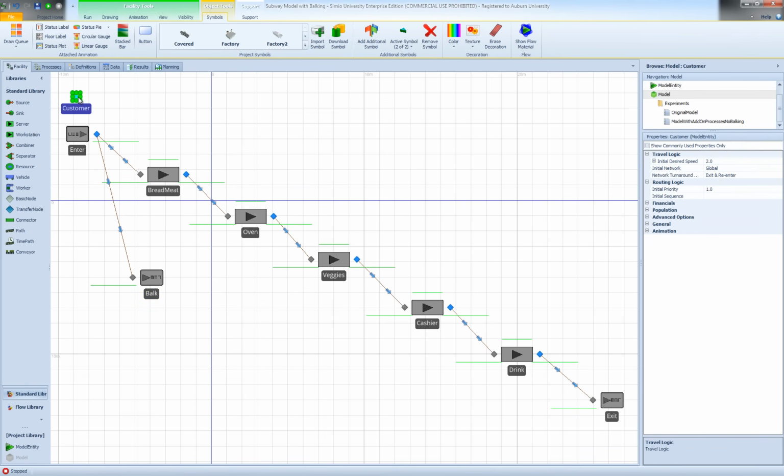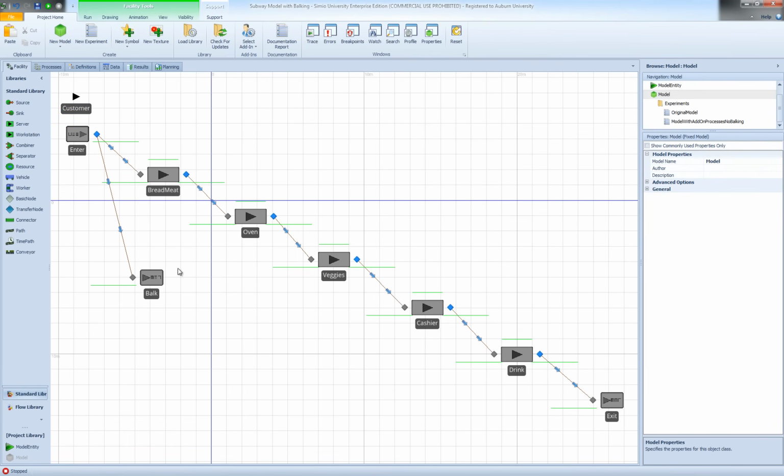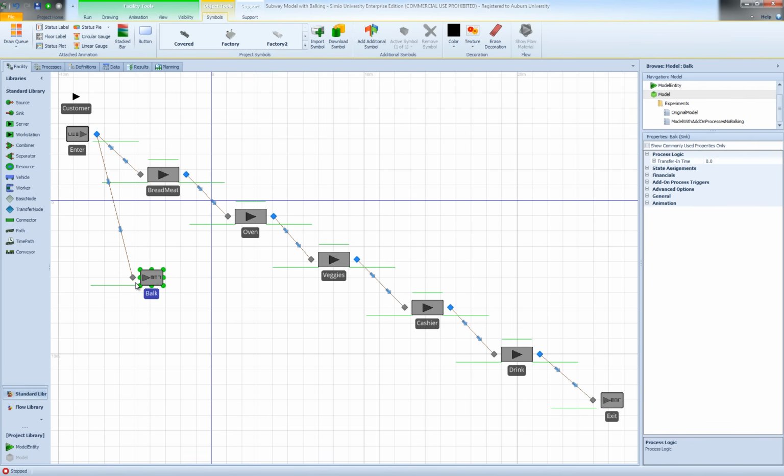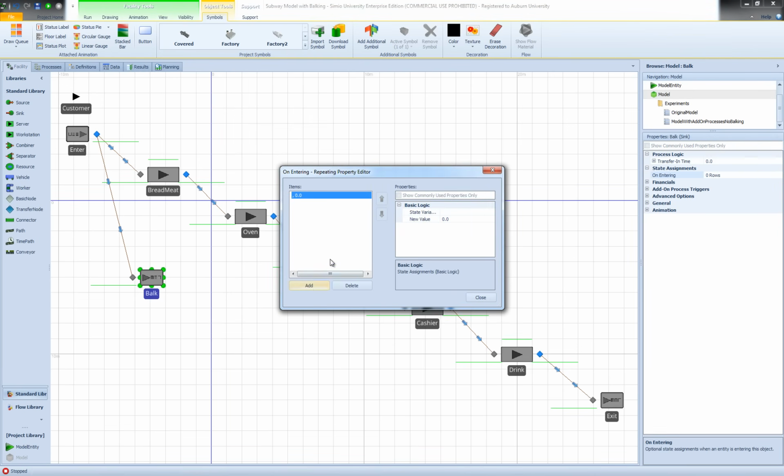So what I'm going to do is define a third symbol for my bulkers. I'm going to add a new symbol, select my new symbol, which has an index of 2, and I'm going to select, let's say, black for the bulkers. And this time I need to click on my model entity. Now I would like to use the state assignment to change the color or symbol of the bulkers. So I go to state assignments, and on entering the sink,